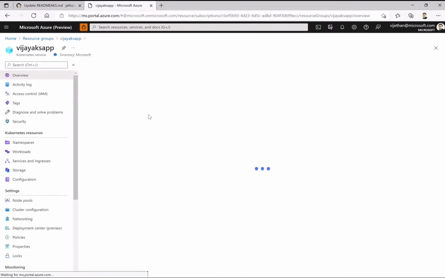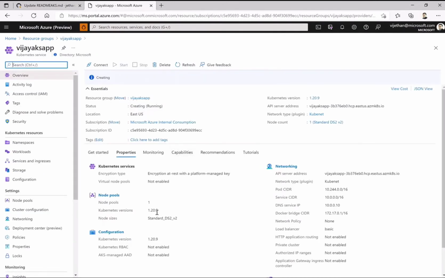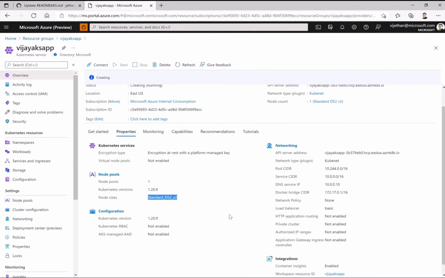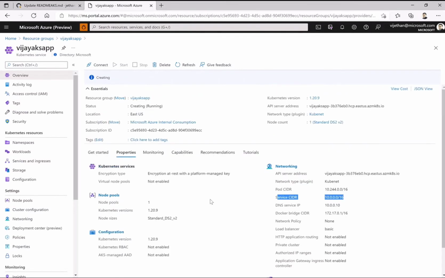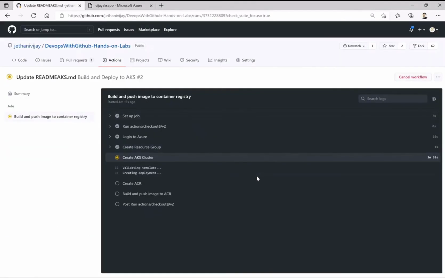And if I go and check, the version and whatever we have given, from the node sizes, even our cluster, service CIDR, DNS IPs, everything goes through. So it goes through the complete setup of your cluster IP, and also your load balancer, and how you actually access that from the external world. That we will also look through while it goes to the deployment part.